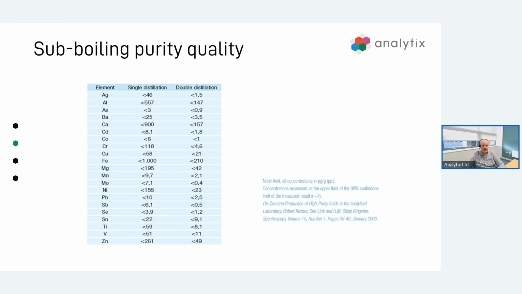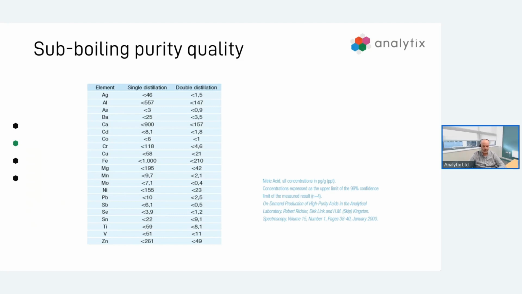Single distillations really are done at a faster rate. So the yield will be slightly less, but the purity is obviously affected because we're trying to heat the acid a little bit quicker. You can do double distillation where you do two single distillations. You take the first single distillation from a reagent grade acid to a pure acid, and then you take that pure acid and do a distillation on that. Often we find it's easier just to do a slower heating profile of the reagent grade acid to achieve these double distillation needs. It just saves the user having to switch over the collection bottle and refill the chambers, but